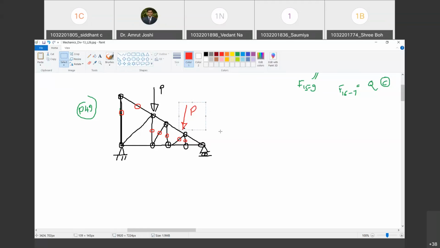So therefore, looking at the moving nature of loads that we envisage, for example, on a bridge, the vehicle will be moving. On a roof, you may move for cleaning. On a roof, there may be a wind which is moving. So for a particular position, a member becomes zero force member, but for other positions of load, it may not remain zero force member, and therefore we cannot remove zero force member. Are you with me? That is the first observation to be made.